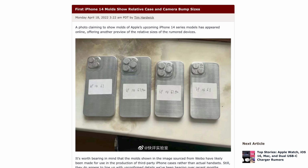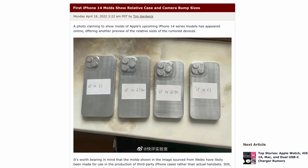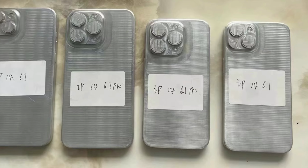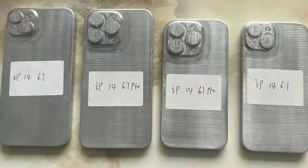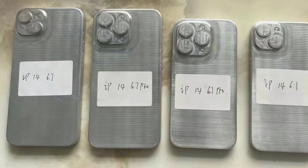the iPhone 14 lineup. This shows us what we've been talking about the entire year plus, and these are likely molds used for making third-party iPhone cases since the designs are clearly not finished, but they show two different sizes and the lack of an iPhone mini model this year. Now we're expecting a 6.1-inch iPhone 14, 6.1-inch iPhone 14 Pro, a 6.7-inch iPhone 14 Max, and a 6.7-inch iPhone